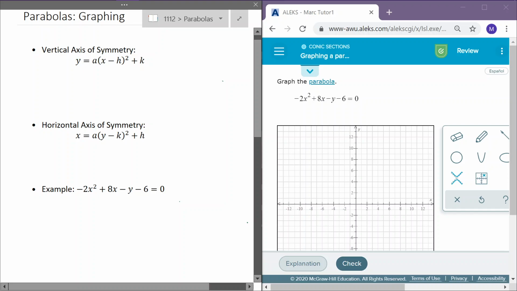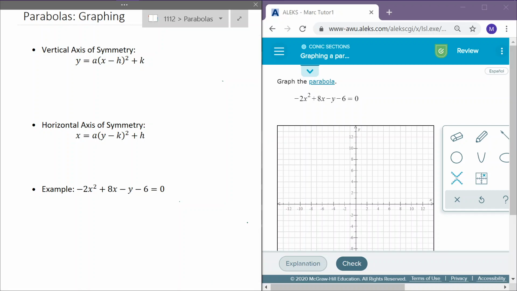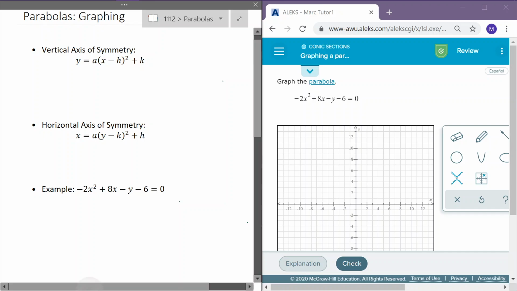In this video, we're going to be looking at graphing parabolas. If our parabola has a vertical axis of symmetry, it will have equation y equals a times the quantity x minus h squared plus k. Here, if a is greater than 0, our parabola opens upward, and if a is less than 0, our parabola